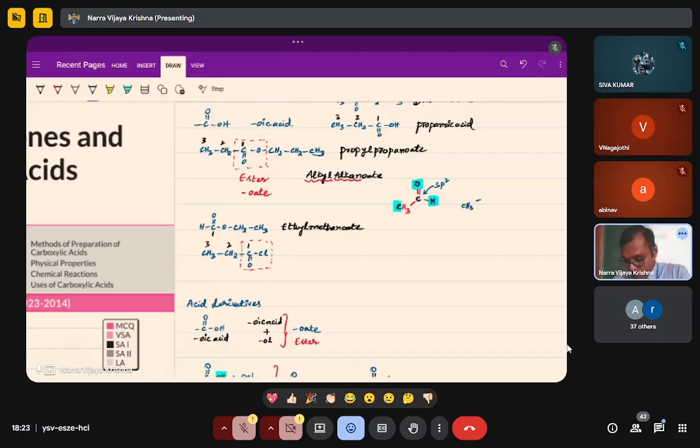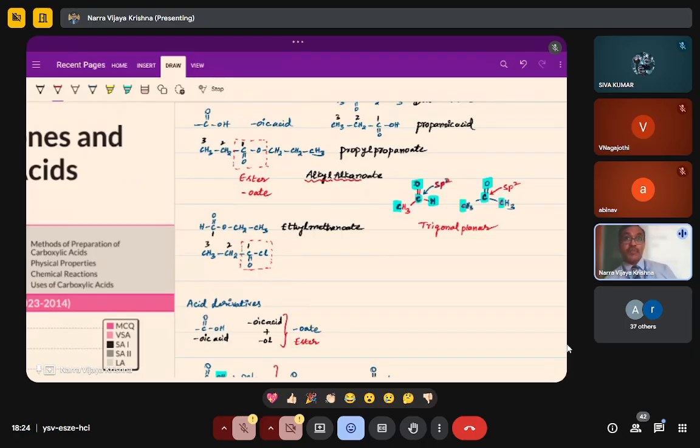CH3, CO, CH3. What is the hybridization of this carbon? That is also sp2. Then also its geometry is trigonal planar. Means this carbon, this carbon, this oxygen, this carbon, all will be in the same plane. The remaining 3 hydrogens, those 3 hydrogens, are in a different plane because the hybridization of this carbon is,